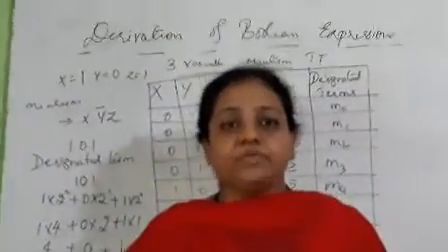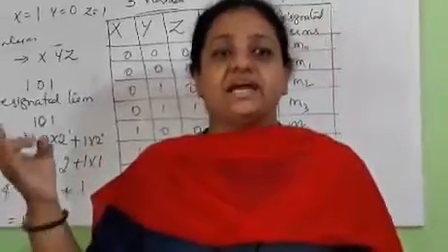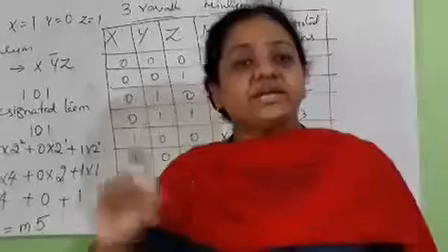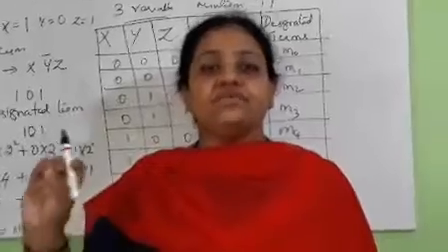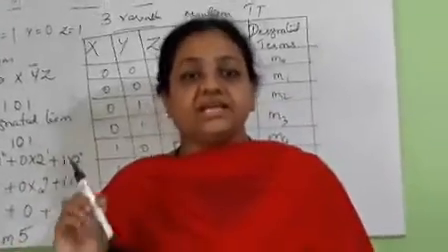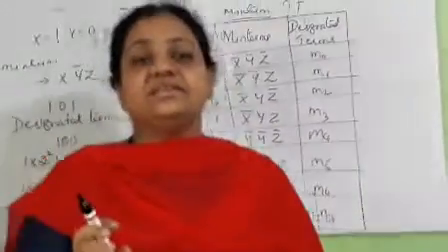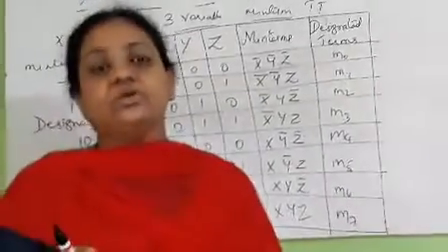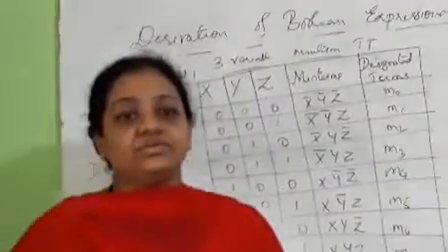My dear students, hope you have understood today's class, the construction of truth table for minterm expressions, 2 variables and 3 variables. Let me quickly recap what we studied today. Minterm is a product of all literals in a logic system. Then we constructed a truth table for 2 variables and 3 variables, and also we learned today how we can obtain the designated terms. Hope you have understood today's class.